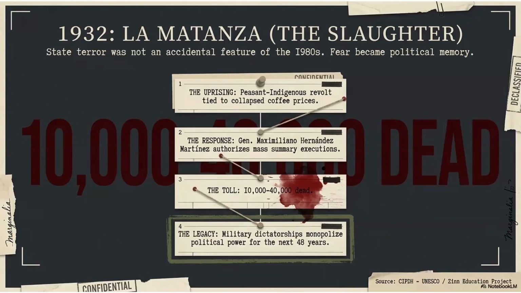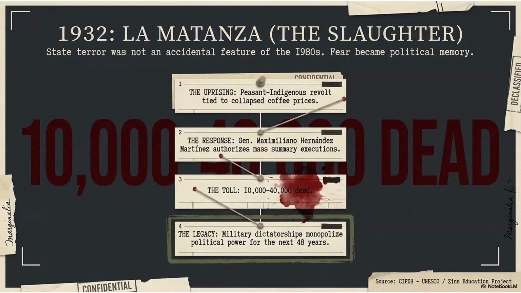The military response was brutal. Estimates vary, but commonly cited figures range from at least 10,000 to as high as 40,000 killed. But the number is not the only thing that matters. What matters is the political lesson produced by the massacre. For the ruling class, the 1932 massacre taught that mass violence could preserve the order. If the lower class rose up, the state could answer with terror. For peasants, it taught that organization could be fatal. Many indigenous people stopped publicly wearing indigenous clothing or speaking indigenous languages because identity itself had become dangerous.